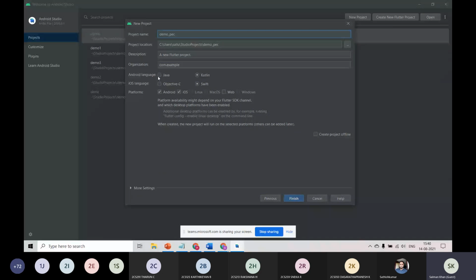For iOS, I'm not worried; it can be Objective-C or Swift, it's your preference. If you are planning to release as a web application also, you can make sure this option is enabled here and proceed further. For now, I'm just choosing Android and iOS. That would be useful.